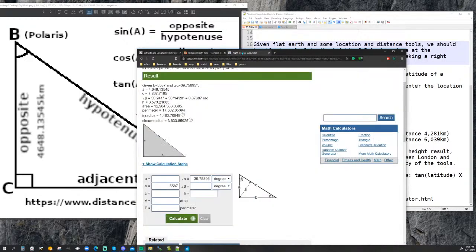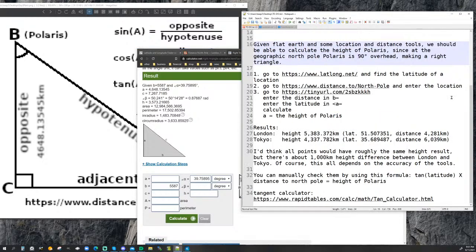And then you're going to plug these into this calculator. This is calculator.net, and you do right triangle calculator.html. I think it's .html. Anyway, you plug those numbers in,